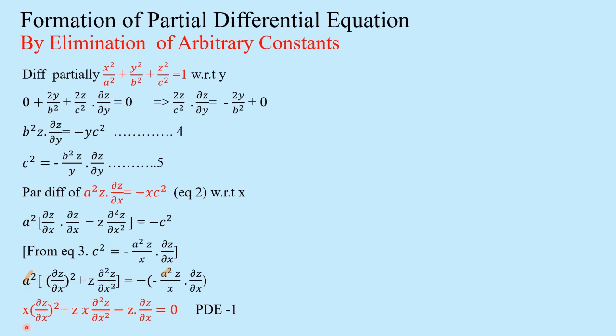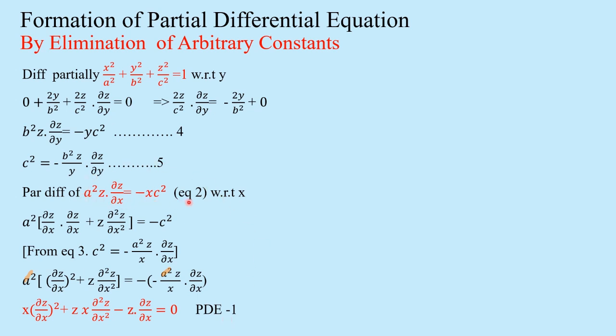So when we multiply x with this term, we get this, plus x term with this term is zx plus this term. And here minus into minus is plus, so we'll get plus this value. But when we bring it to the other side, it becomes minus. So minus z, this here is z and this dou z by dou x. So this equation we'll call it